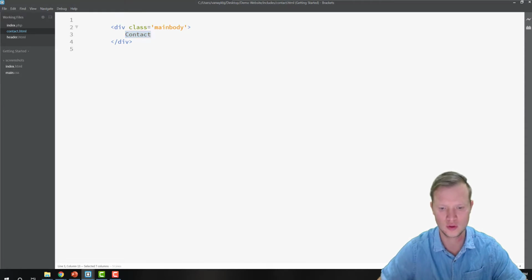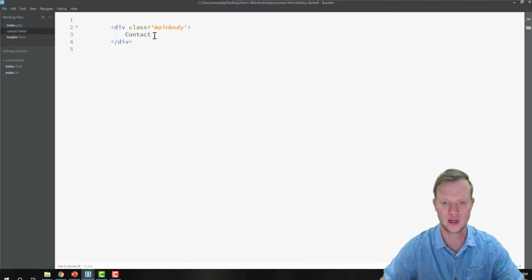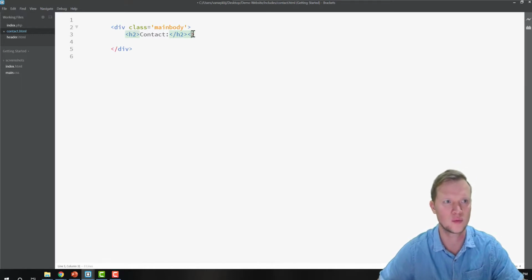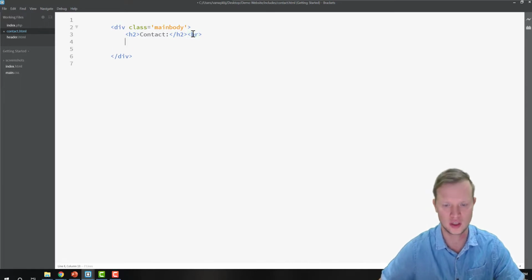So what we will do is we will create two input boxes for contact, and the user will then be able to enter his name and also his email address into the input boxes. So inside our contact.html page, I'm going to make contact heading 2, going to add a new line, another new line, and then